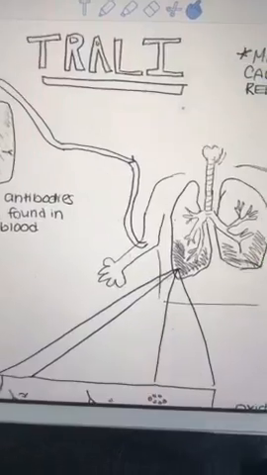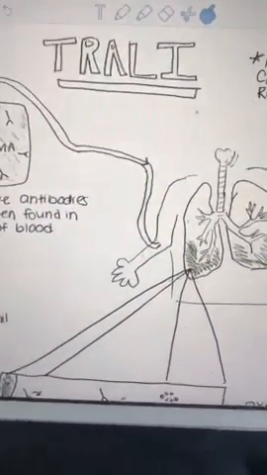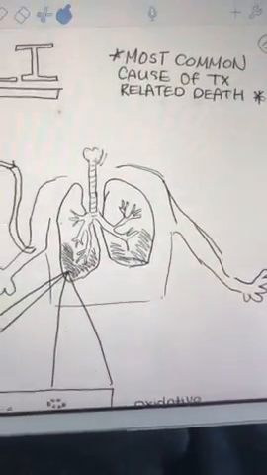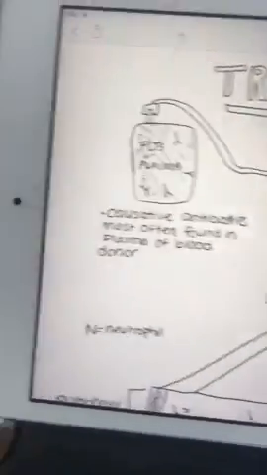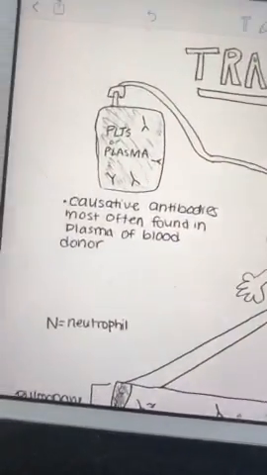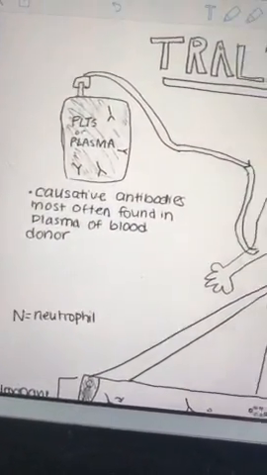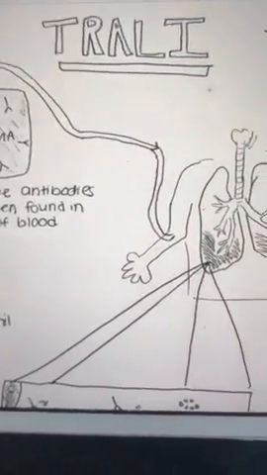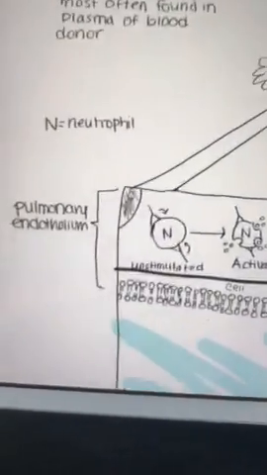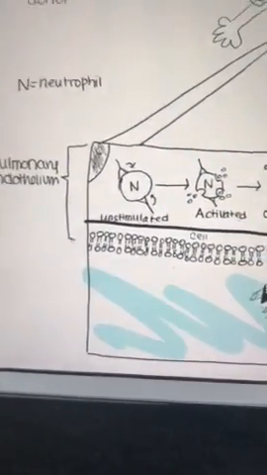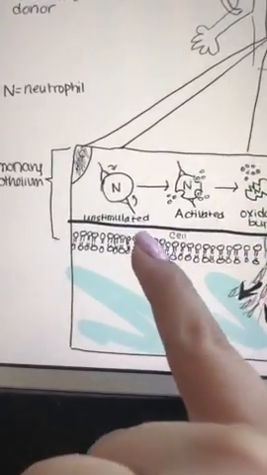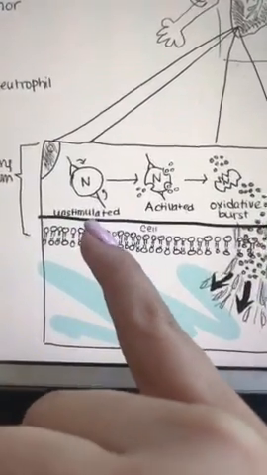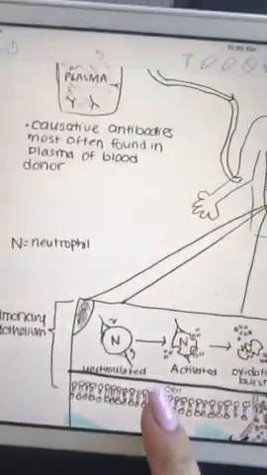So TRALI stands for transfusion-related acute lung injury, and it's the most common cause of transfusion-related death. So what happens in TRALI is that it's typically implicated in platelets or plasma, mostly plasma, and the donor plasma is transfused into the patient, and in the pulmonary endothelium, you have your pulmonary endothelium right here. You have some unstimulated neutrophils, and so what actually happens is the donor's